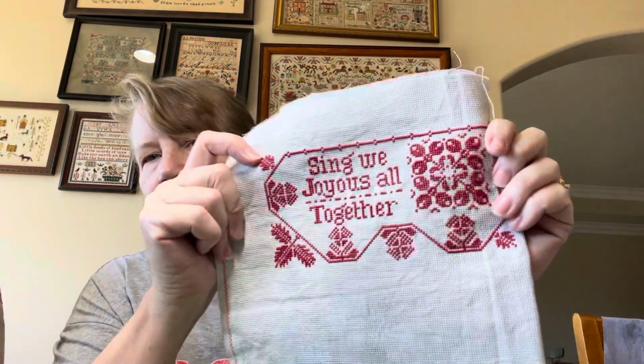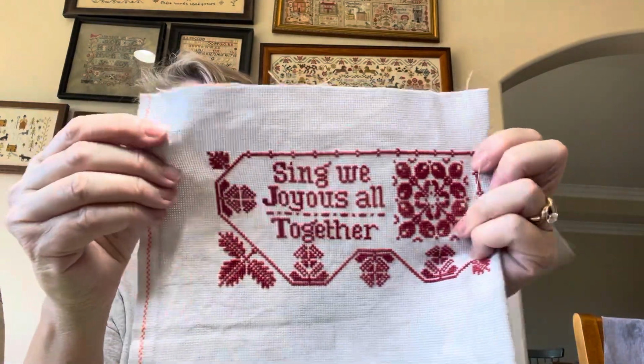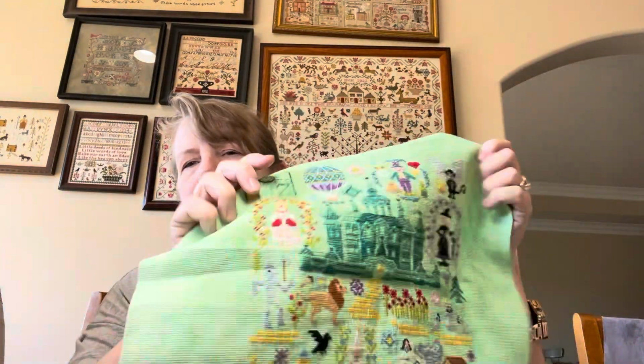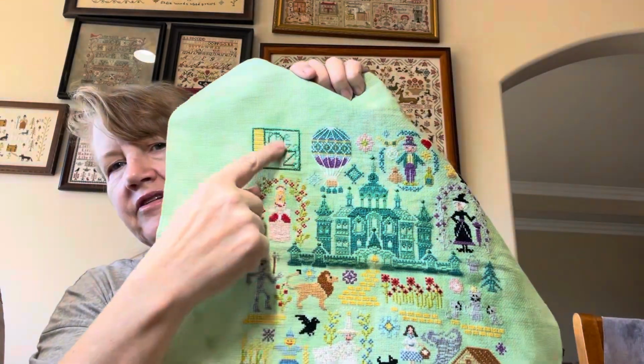This is by Beth Heartstring Samplery, Sing We Joy Us All Together. I think this is not PTP, I don't know. This is Al Forrest embroidery free mystery stitch along Oz, which I finally finished, and I put Oz in it